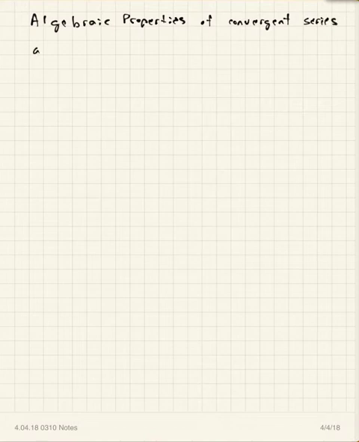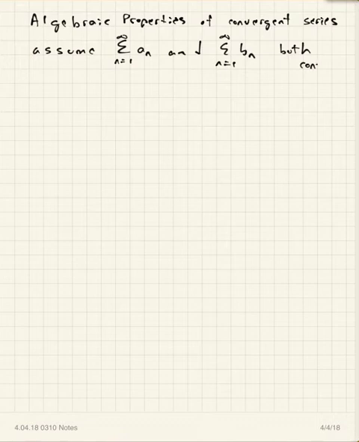So let's start off by assuming that you have two series, a sub n and b sub n, and both converge. In other words, both have a sum. Then if you look at the sum as n goes from 1 to infinity of a sub n plus b sub n,